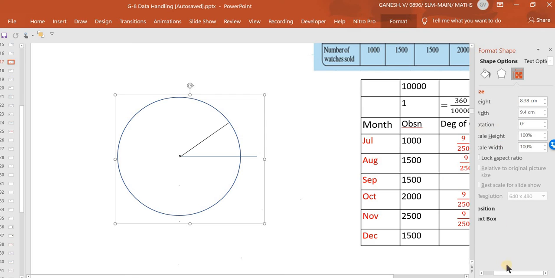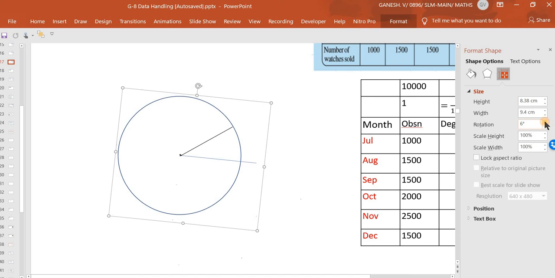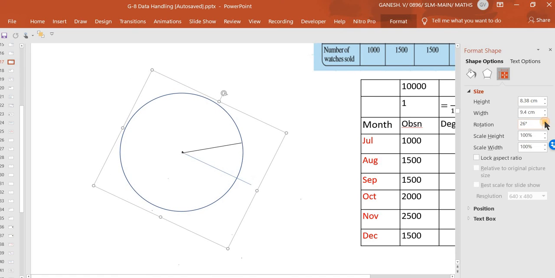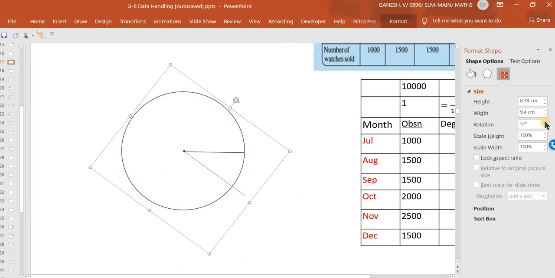Now it is at 0 degree. If I click the upper portion of this, it is getting rotated. I'd like to make it 36, because 36 was the previous angle. I have made it 36.